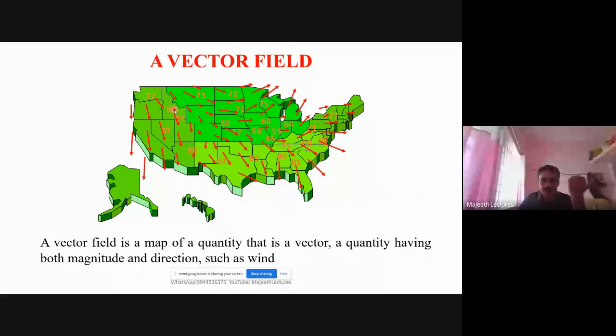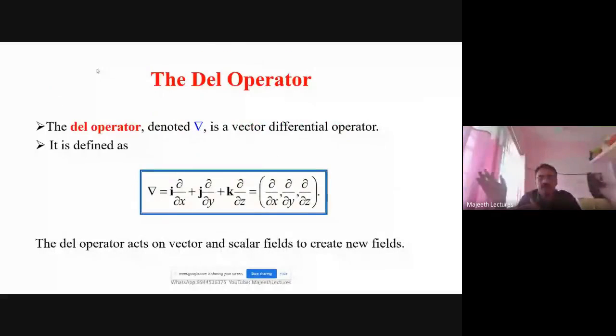But in our subject, what we are going to see, we are going to feel electric field and magnetic field. Electric field, we know, is a vector quantity. That means in a three-dimensional space, we are going to associate one vector quantity called electric field at every point. That's why it is called electric field. We will see what electric field and magnetic field are soon. The definition and meaning of electrostatics, I kept for the second session. Here we see the fundamentals. So I give importance to fundamental mathematical concepts.